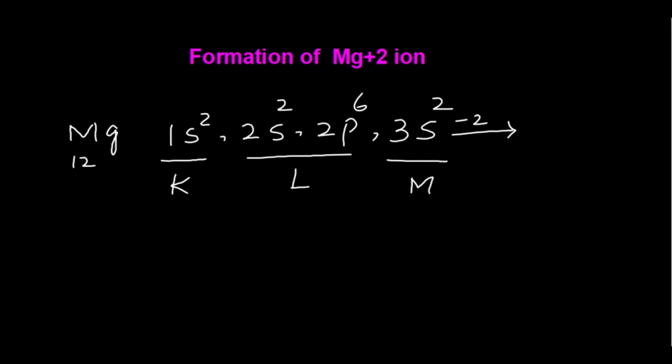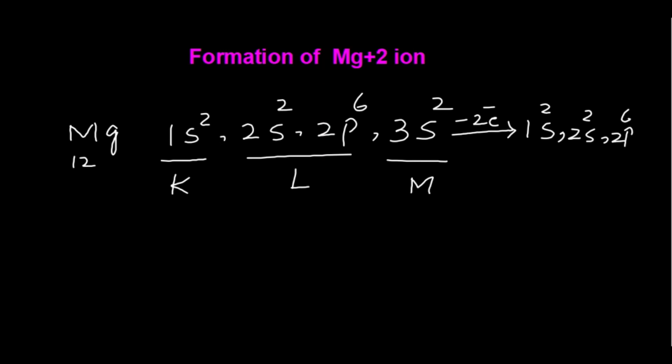Why does it lose 2 electrons? Because it wants to get stable just like the noble gases. In order to get stability, it must have a complete octet in its valence shell. So that's why it will lose 2 electrons. After the loss of 2 electrons, its configuration would be 1s2, 2s2,